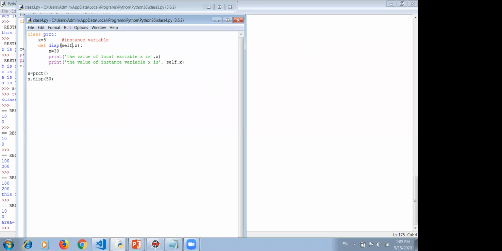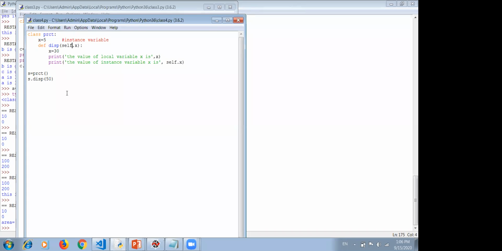You have to always write this self argument. The other is x, whose value is 30. I print the value of the local variable and the instance variable. Now there are two values, one x is 5, second x is 30, and the third value I am passing when calling this function is 50.